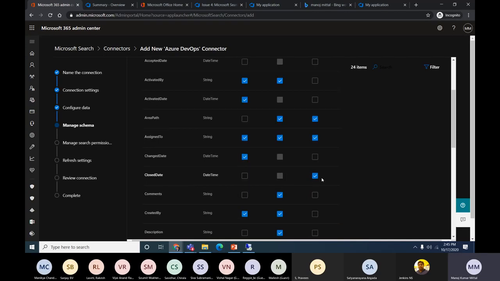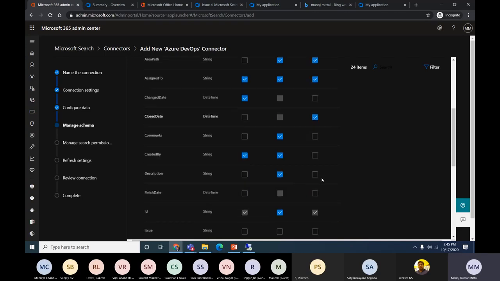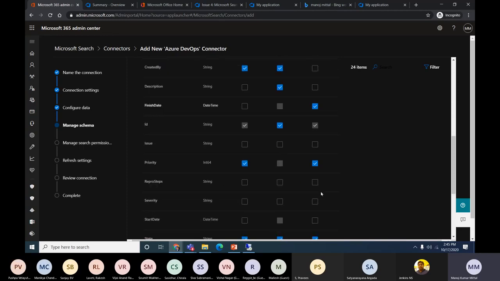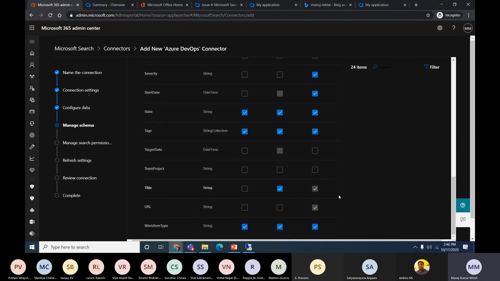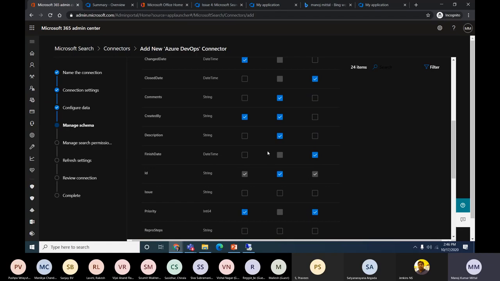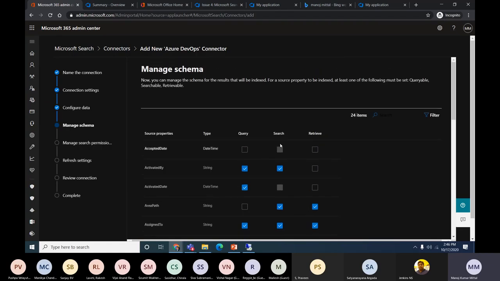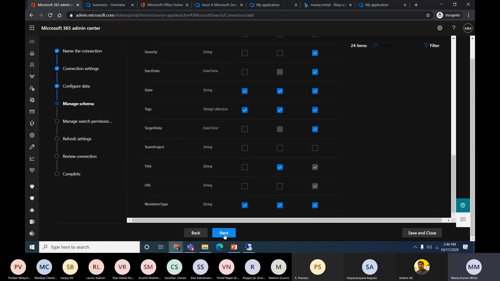These are custom properties: edit, close date, finish date. I will use severity, start date, and the target date. That depends on your requirement, which property you want to be searchable, retrievable, and queryable. Accordingly, you can define.